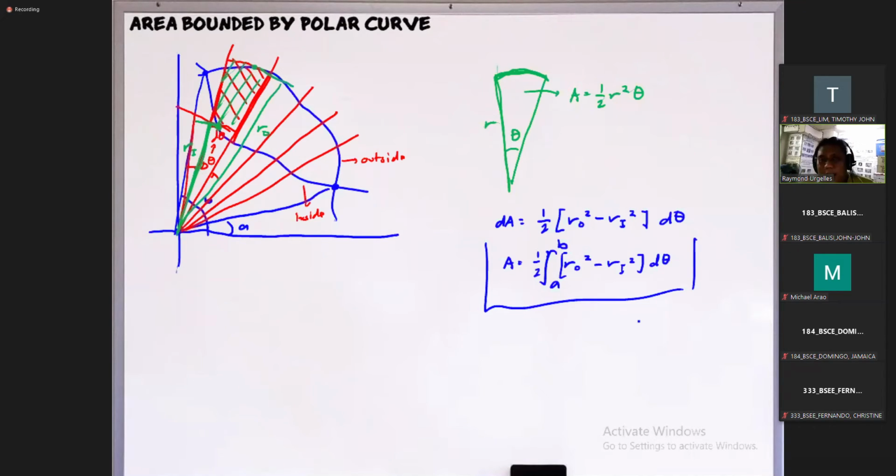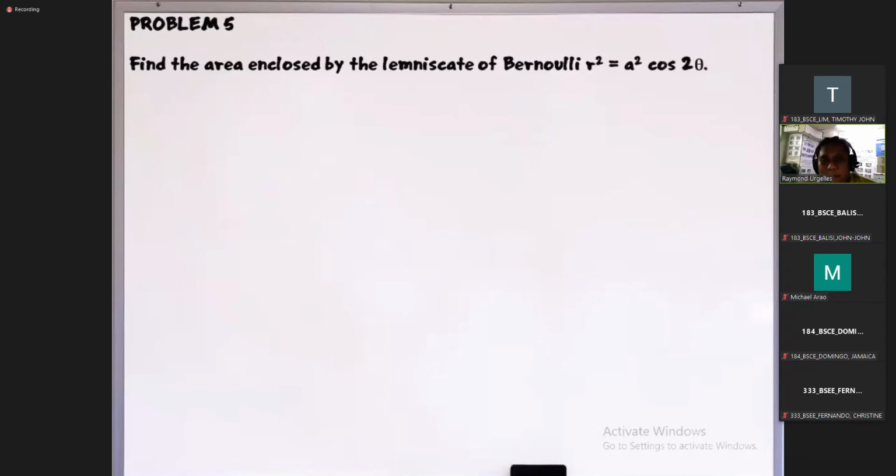using yung rectangular strips natin, yung vertical saka horizontal strip, especially kung medyo unfamiliar yung area na lalabas. Okay? So let's try to solve that. Example. So problem number 5. Find the area enclosed by the lemniscate of Bernoulli,